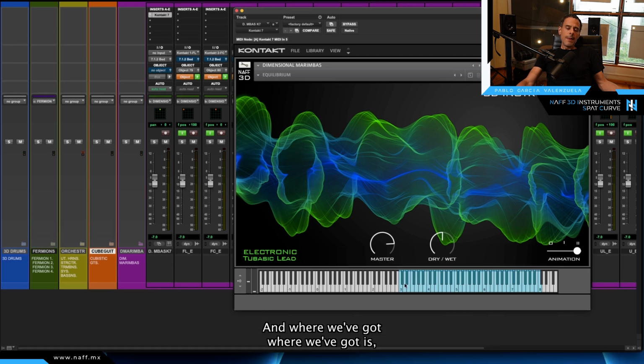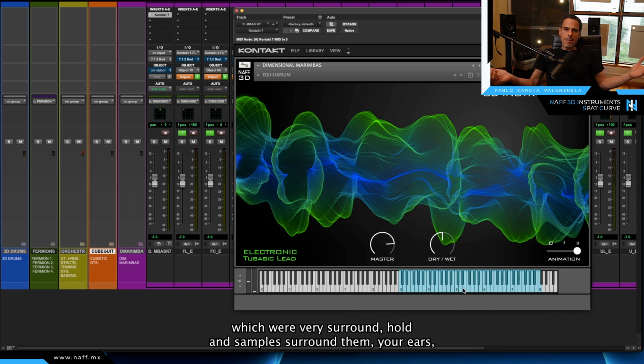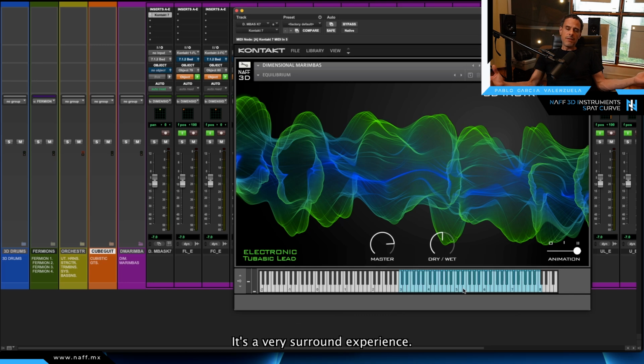And what we've got is a 4-piece marimba around your ears. It's by definition harder to localize, but in this case in particular, as opposed to the other instruments which were very surround, a whole ensemble surrounding your ears, you cannot really localize the instrument itself. It's a very surround experience. In this case, there's a preference for one particular direction. In the case of the 4 marimbas surrounding you, you will be able to localize the marimba very softly,